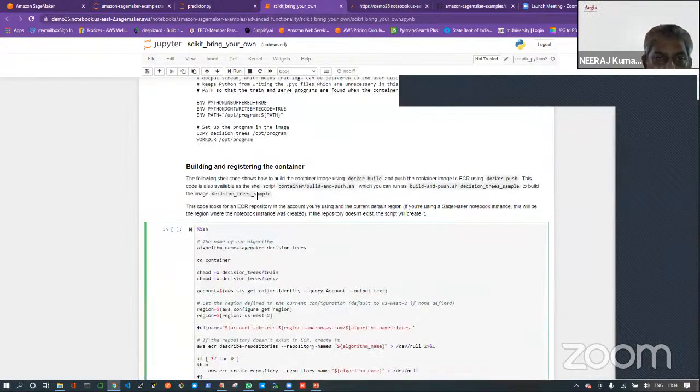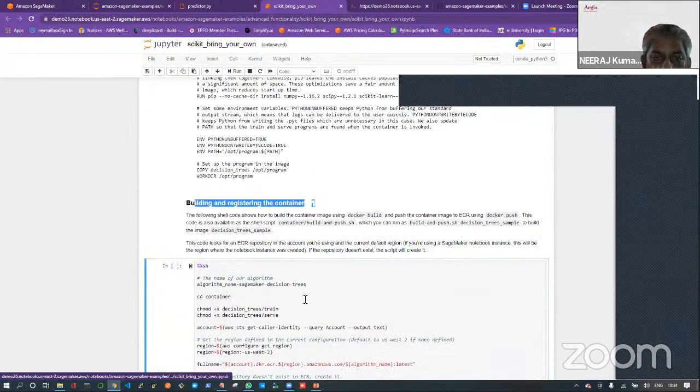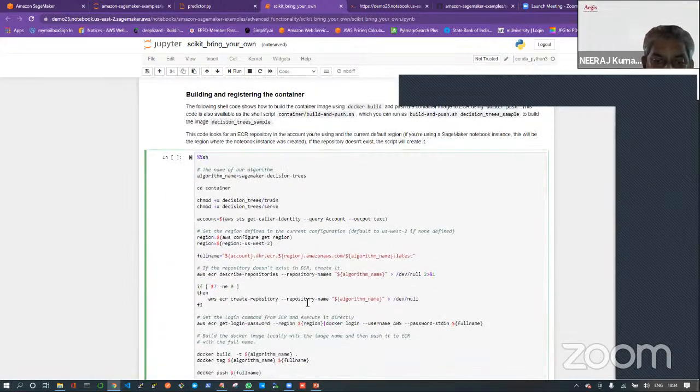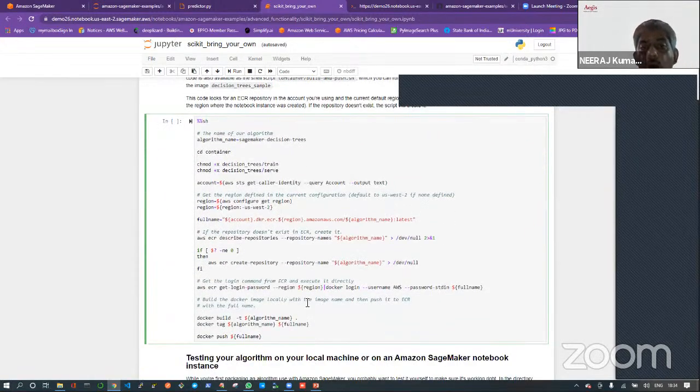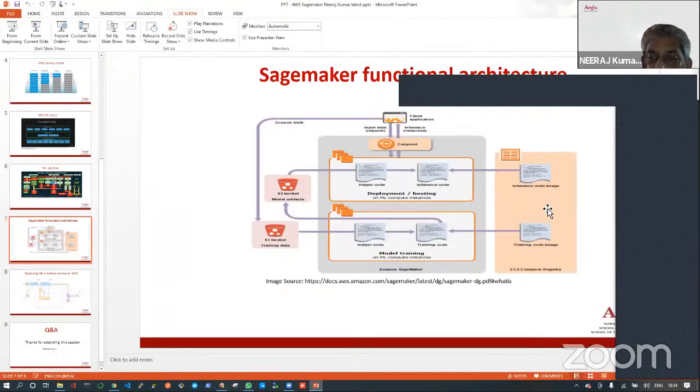So this step is building and registering your container. When I run this cell, what SageMaker will do, or through this script you do, is that you build an image. This is the command docker build. It will create the image, and then it will push it into the registry, which is ECR, right? This part will happen once I run this cell. My image will be ready. It will consume that Docker file, create that image and push it into a registry which is ECR after running that cell. So let me just go and run that cell first.